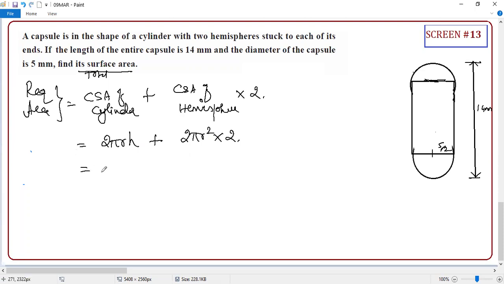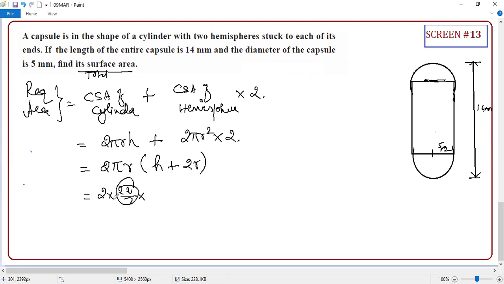Now, what is the third step? Megul, you tell me what is the third step now. You are writing the expression, second formula, third step, what I told you. You have to take the common values now. This is where you said you had a doubt. Okay, so I'm going to take 2 pi r common. So h plus, balance what? 2r. R into 2, that is 2r.